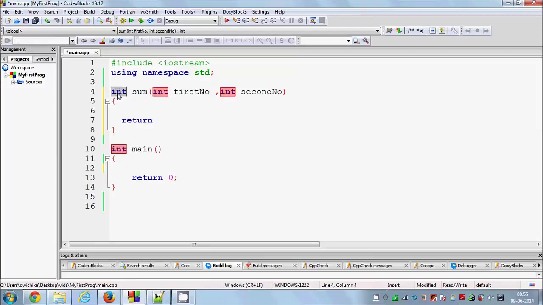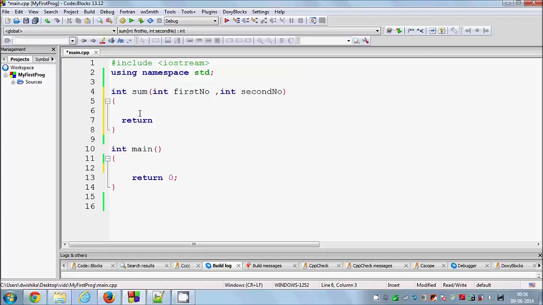Okay, so because we are returning something instead of void, we need to write this return here, or whatever you want to return. So this time what I'm going to do is I will take the sum of these two numbers and return the value here.